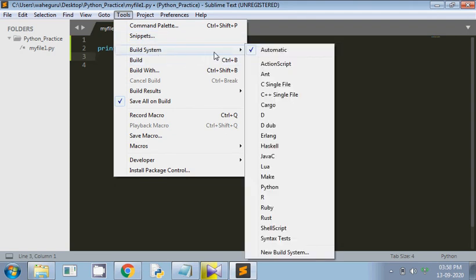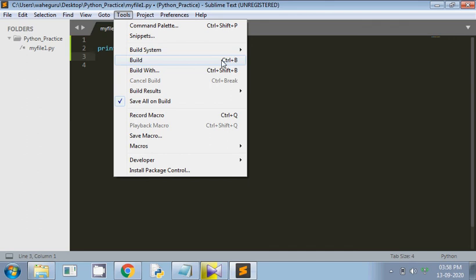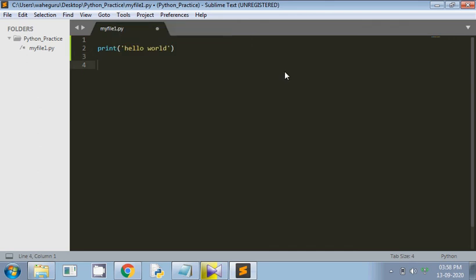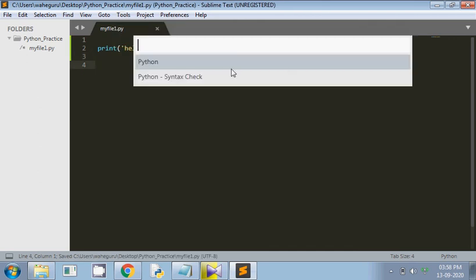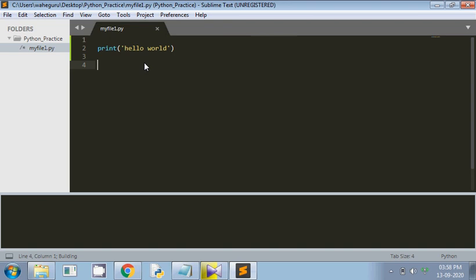We can use Control plus B, and then Python, and we can see that hello world is printed over here. This is how we can use Sublime Text for Python.